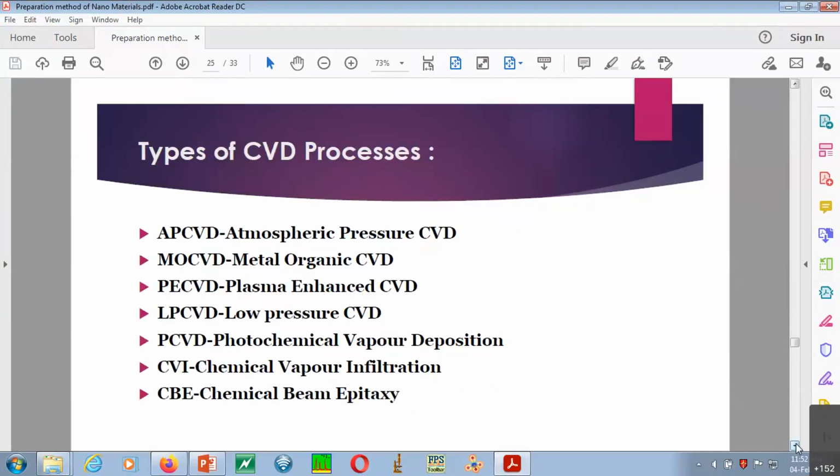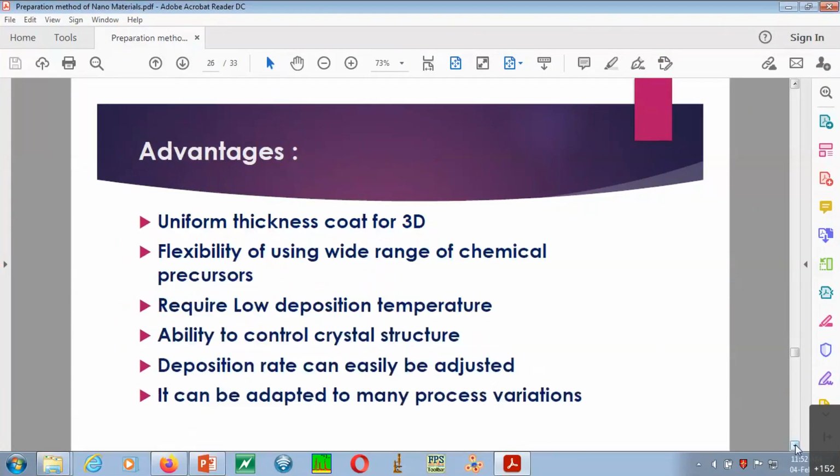फाइन, प्रोसेस डिस्कस कर लिया. And these are the various types of CVD process one can find out. Okay, different atmospheric है, metal organic है, plasma enhanced है, low pressure है, and all such. So I just described the basic version, but depending on the requirement, as I said, one can go for different arrangement. So that is not covered in the part. इतना डेप्थ में नहीं है आपको अलग अलग, so no need to worry, but general types you must know क्या क्या possible हो सकता है.